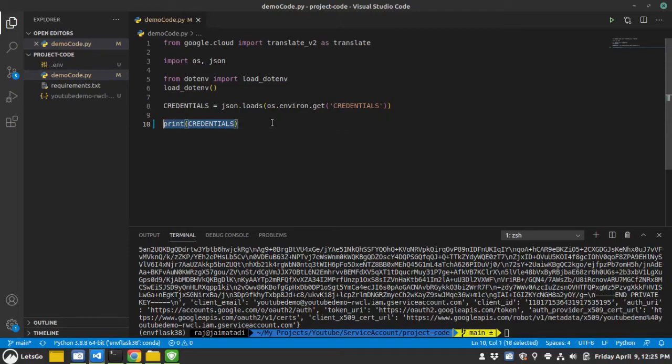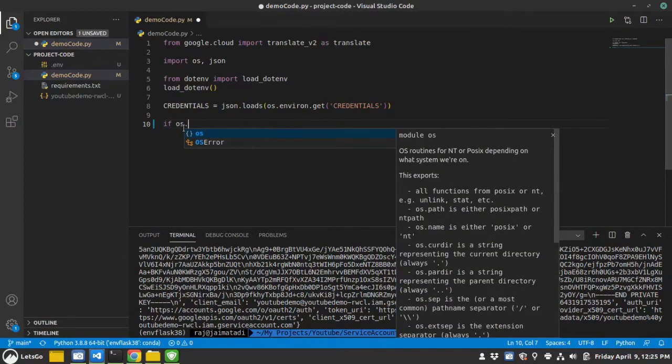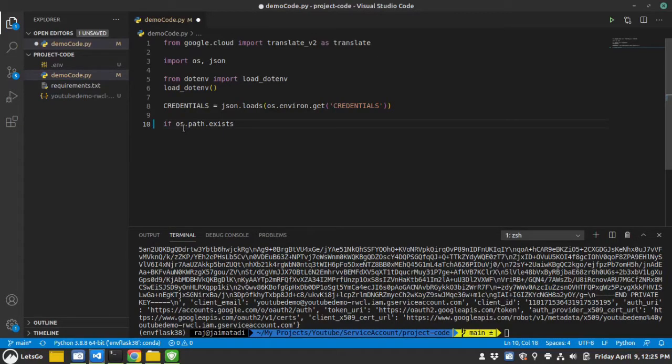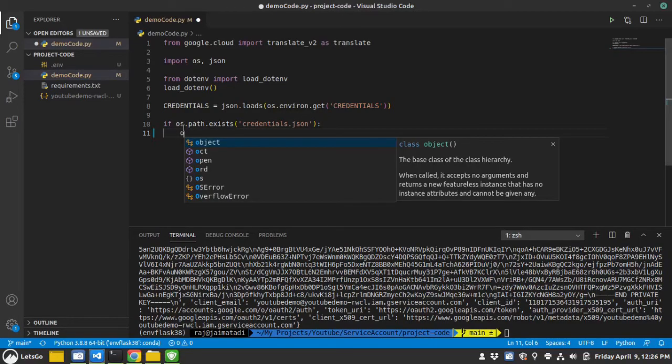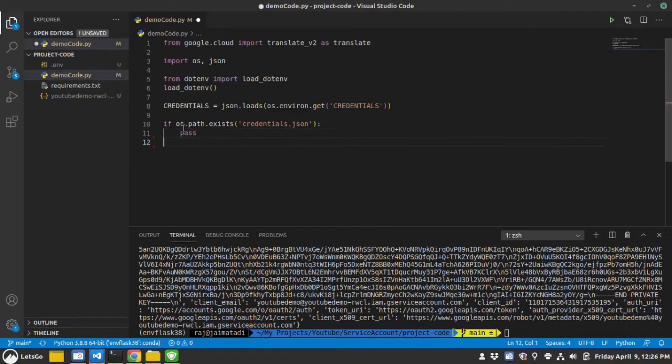Now what I'll do is dynamically create a credentials.json file from this credential variable, and for that I'll use os.path to check whether the credentials.json file exists or not. Whenever we run the program for the first time, it will generate it, and every other time it will just read from the created credentials.json file. So I'll select os.path.exists, and if this exists then pass this step, else